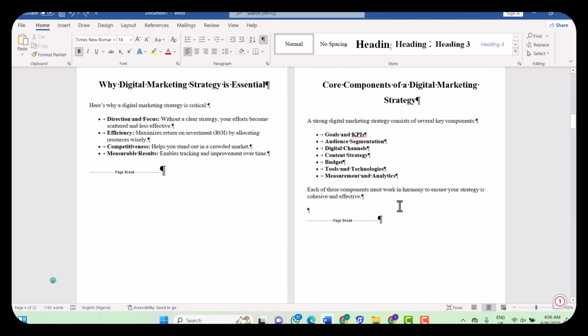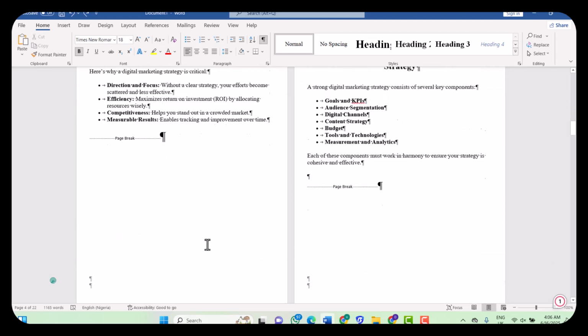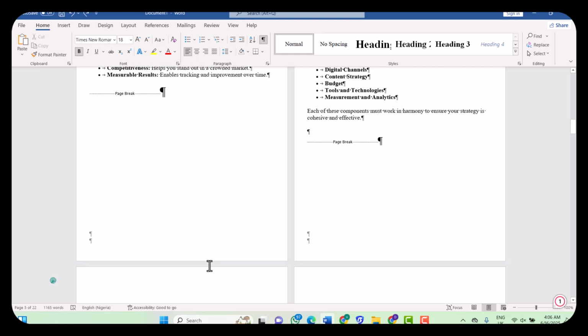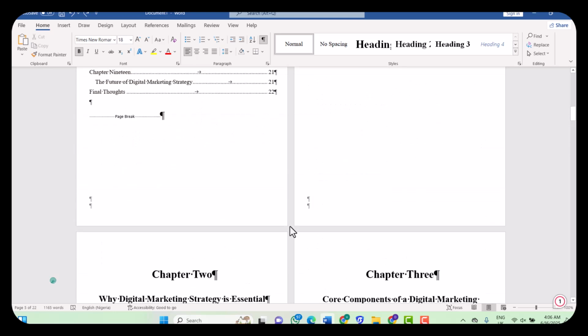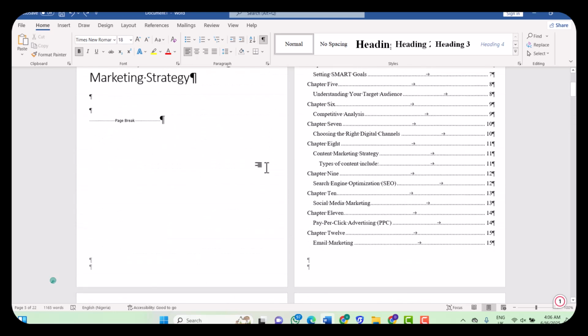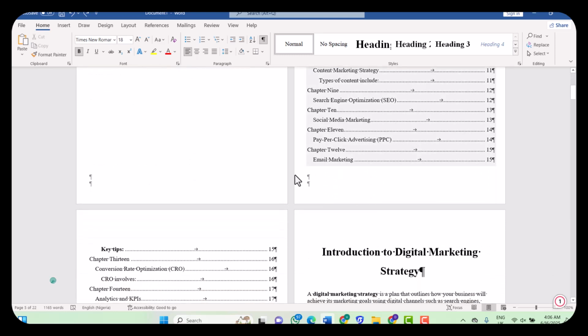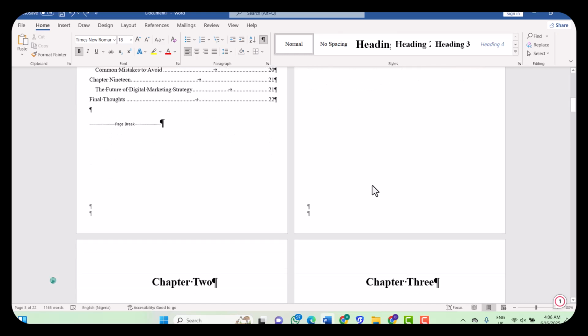I want page one to start from this particular chapter two. Why from here? Let's say from the table of contents, I want Roman numerals to reflect. So to do that,